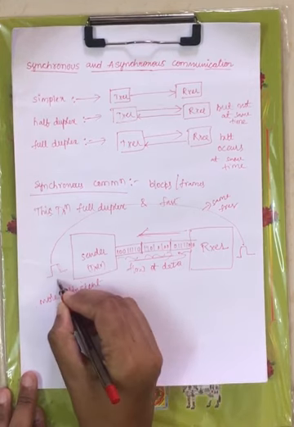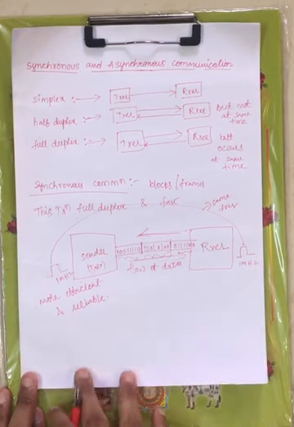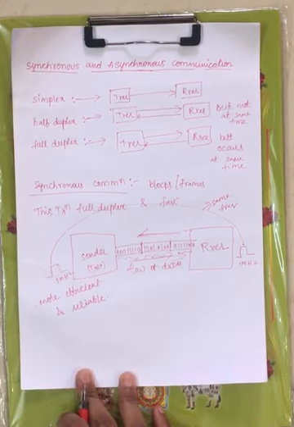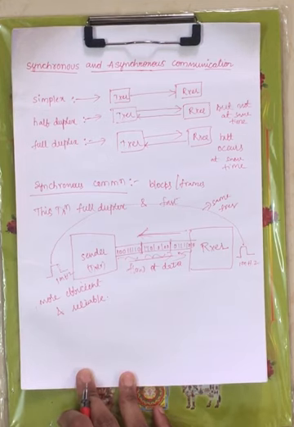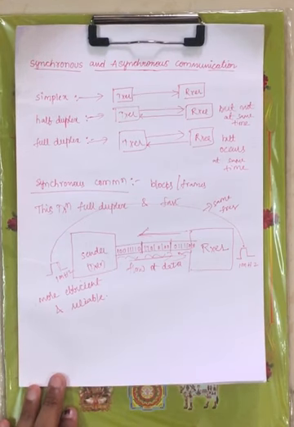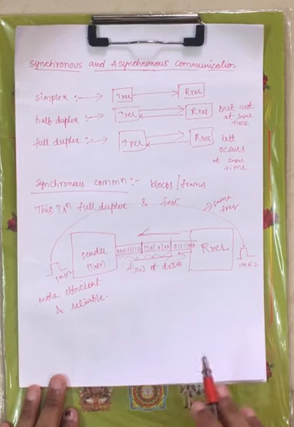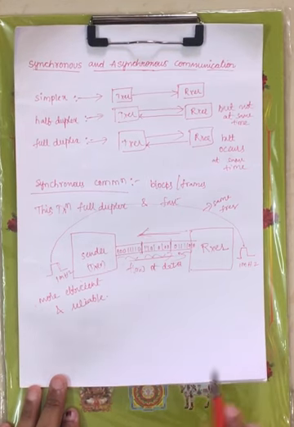That means if the clock frequency here is 1 megahertz, here the clock frequency should also be maintained at 1 megahertz, right? That is the meaning of synchronous. Whatever clock frequency you are maintaining for the clock at the transmitter, the same clock frequency should be maintained at the receiver. If you are maintaining the same clock frequency at the transmitter as well as the receiver, then we can say that transmitter and receiver are under synchronous communication, right?